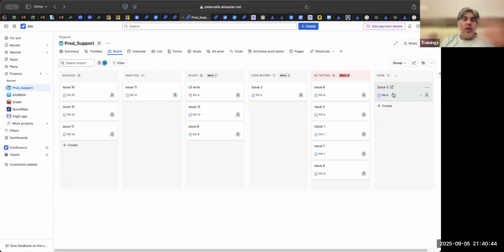So based on that, we don't know our data now. We are just starting out. But we say based on our judgment and gut feel, we can easily, but after 1 week, we are only going to deliver 1. Because initially there was a build-up in dev, then we put a limit here. Then there was a build-up here, then we put a limit here. So things started moving. But now suddenly in testing, there are too many things in testing. So Sudipta, okay, we say, you test any 3. But what about the rest of the 2?